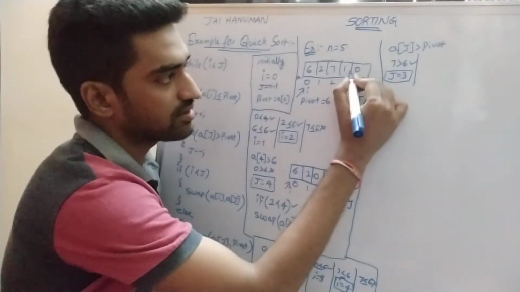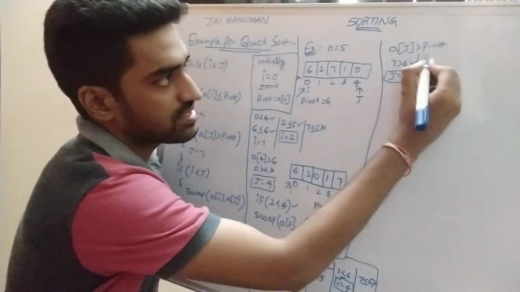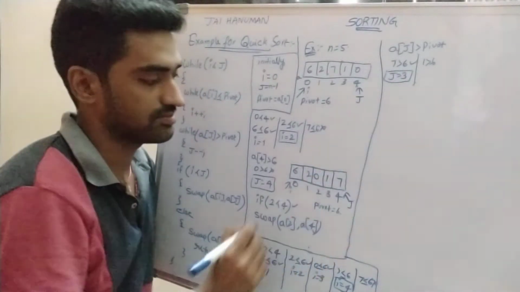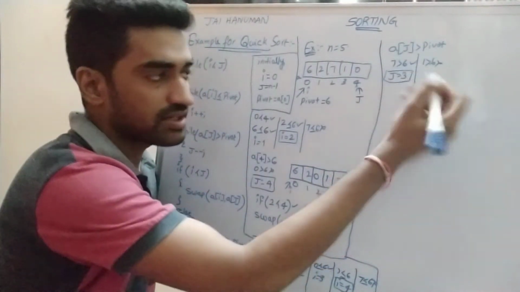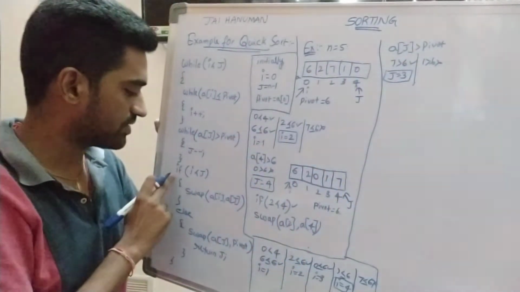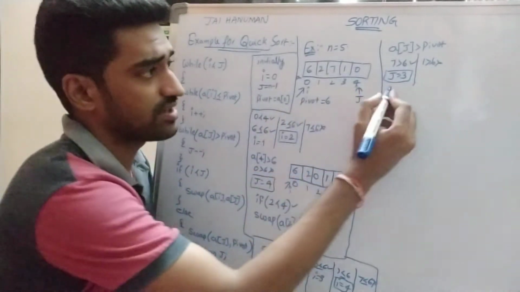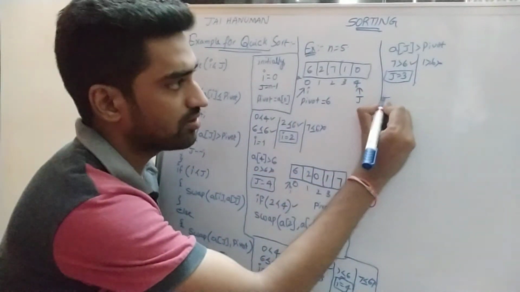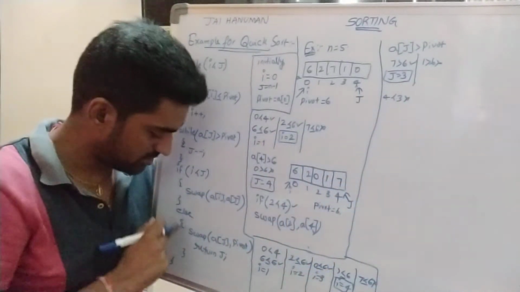Now 1 greater than 6? The condition is a failure. So that's why we are not decrementing the j value. The previous value is set to be the j value. Once this condition becomes a failure, again we are checking one more condition: if I less than j. What is the I value? 4 less than 3. The condition is a failure, so that's why we execute the else part.